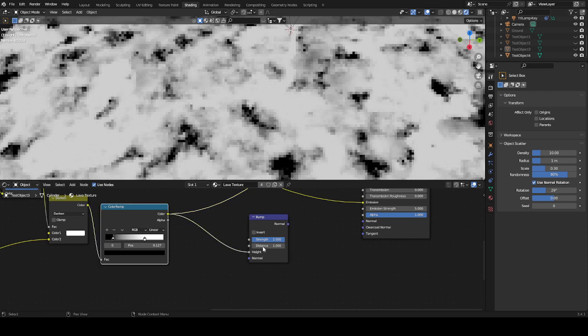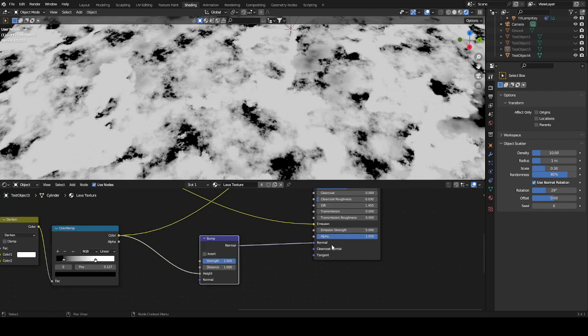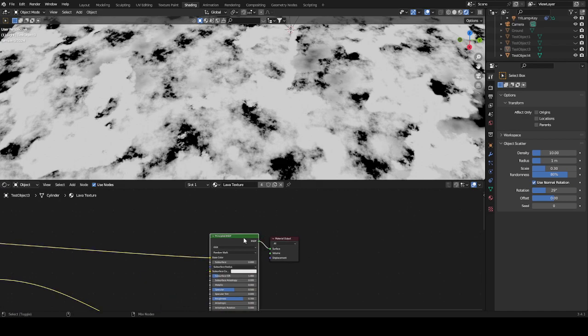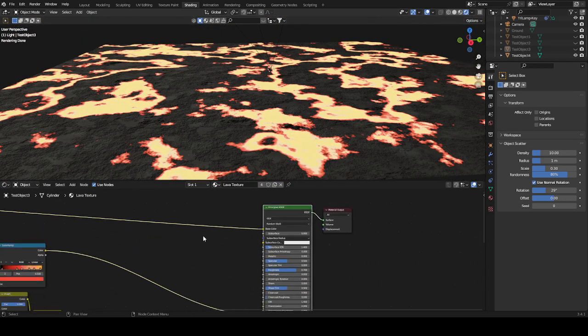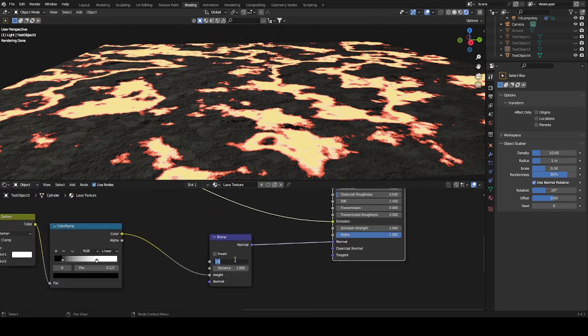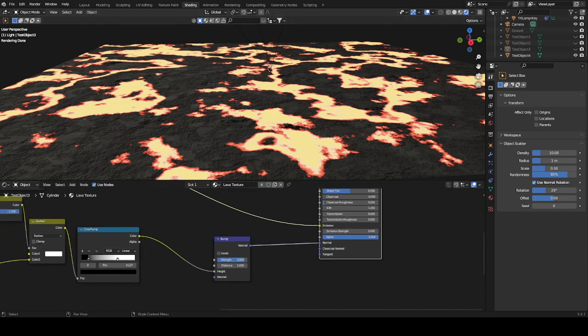Okay, let's get a bump, because we need this. Color into height. Strength stays on 1 for me, but you can also tone it down to a 0.8 or something, but I think 1.0 looks pretty cool, to be honest. But you can also bring this down to a 0.9 or something. I feel like this also works. And now what we still want to do is we want the lava to go inwards. We not only want our things to go outwards, so we will take